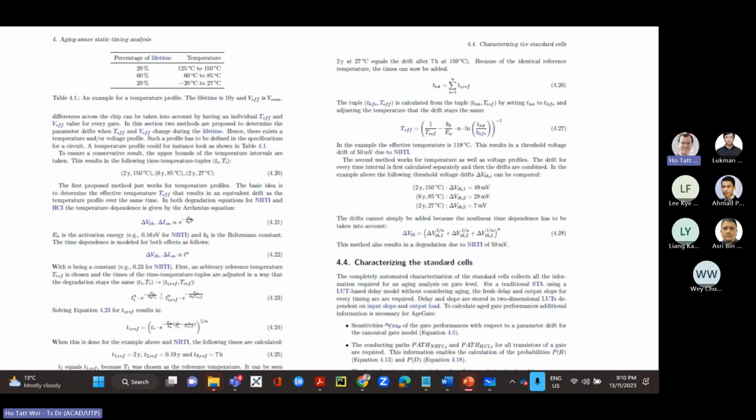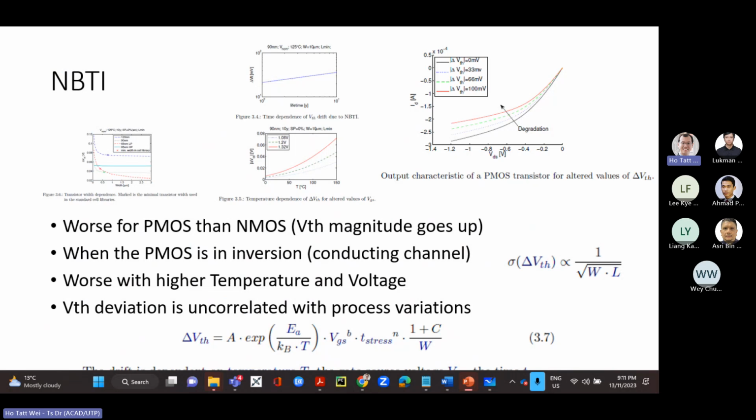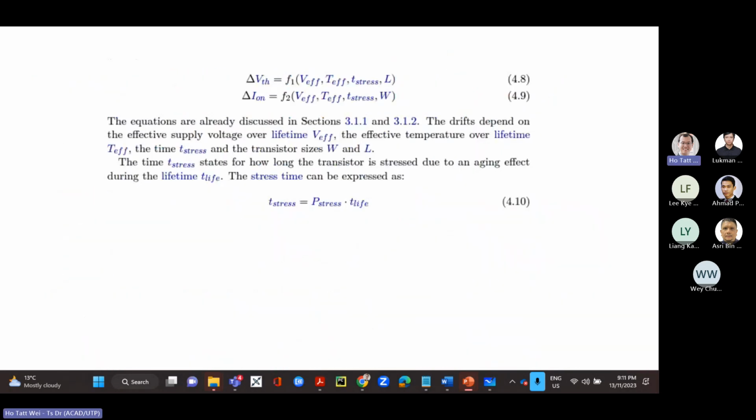First, you have to look at what type of activity is at that gate, whether it is holding steady values or its transitions, right? Because a different aging effect will be dominant depending on that. And a different effect will be dominant on PMOS versus NMOS. So you should be able to say something of that sort. And you also should know that different effects will again depend on channel length, channel width, and things like that. You should be able to understand and say that.